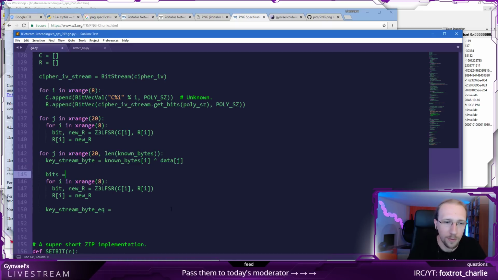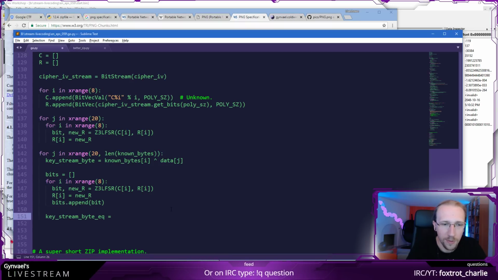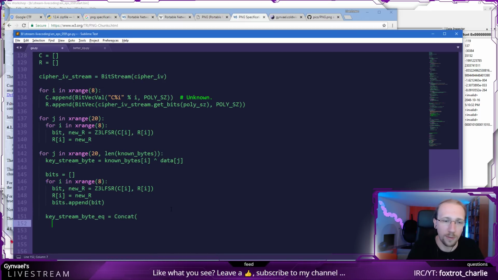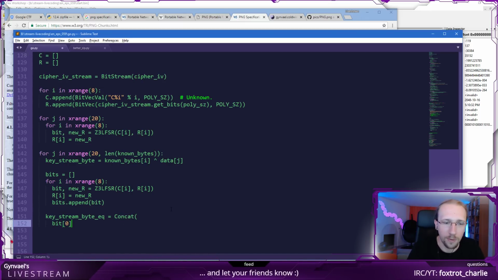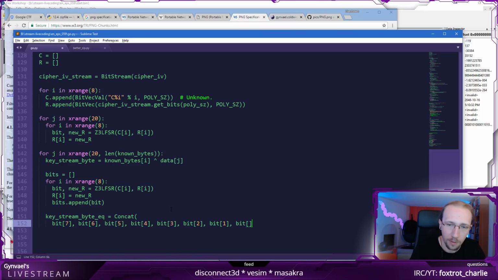So bits is going to be this, and bits.append(bit). Now I have the bits, and now the key itself is going to be a concat, and I'm just going to concatenate all the bits. So bit 0. Wait, bit 7. Okay. So bit 7, bit 6, bit 5, bit 4, bit 3, bit 2, and bit 1. And 0, obviously. So this is my bit.